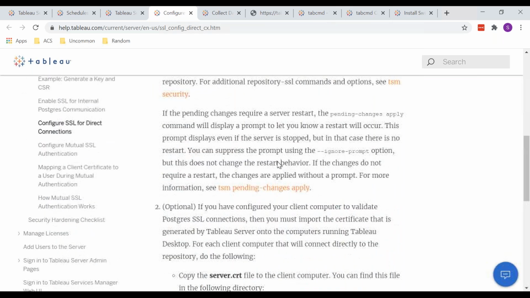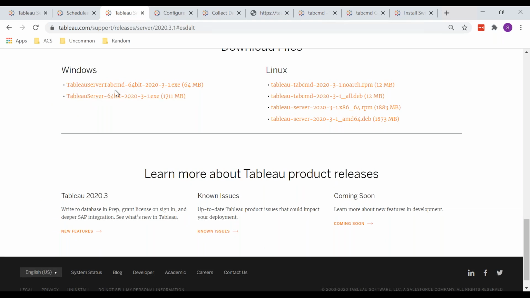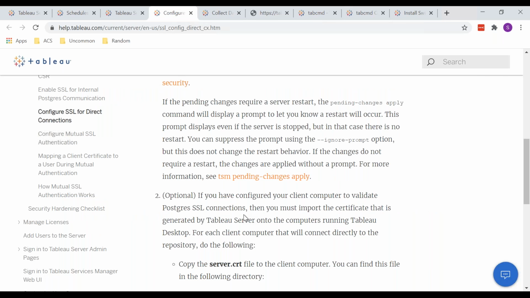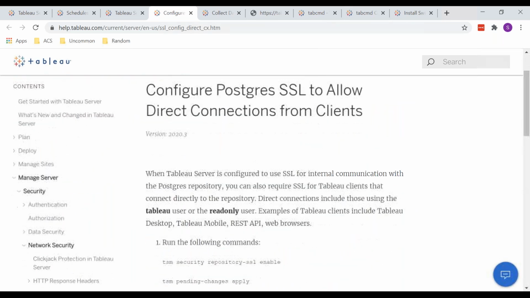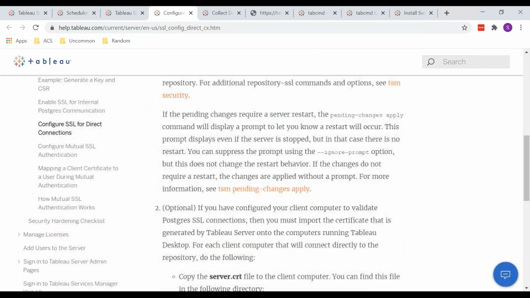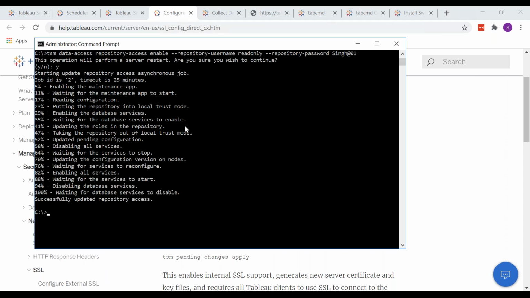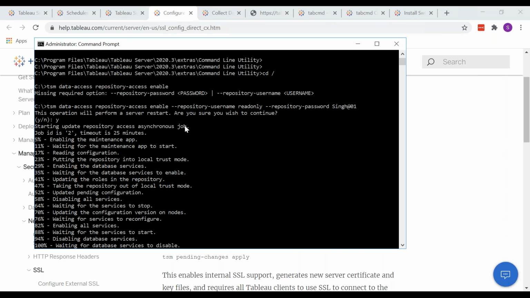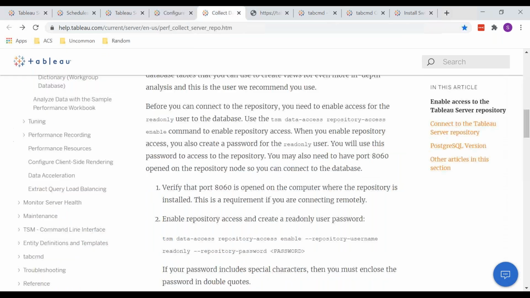So the first step is installing your TSM command utility, and the second thing is your SSL packages to allow the direct connection. Once these two are done, you will be able to go ahead and create a user ID and password for your PostgreSQL. How it is done: